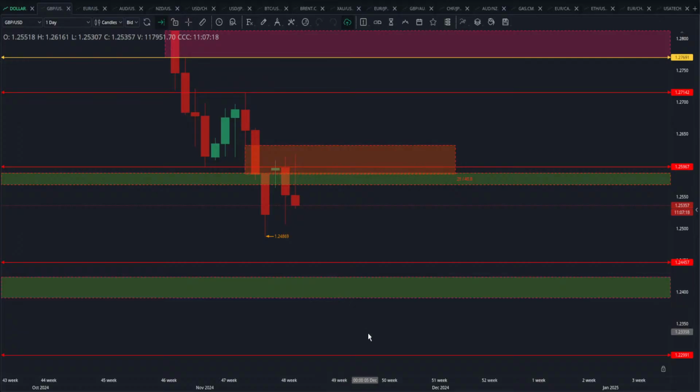Wednesday, there may be a continuation to the downside. I'm expecting now at least 1.2445. After that, I will also be expecting 1.2299. But on the way, there is a bullish fair value gap,